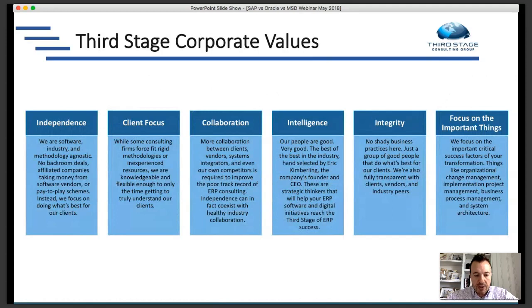We also have a client focus, and I know as a consulting organization that may sound like a no-brainer, but compared to most organizations, we do have a very high touch, very hands-on client focus in making sure that our clients are satisfied, making sure we're adding value, and really understanding the client's organization and their business and their culture before giving any sort of canned or prescriptive types of solutions that a lot of consultants might provide. We're also very collaborative. We work with not only our clients, but also other system integrators and peers in the industry, and in some cases even competitors.